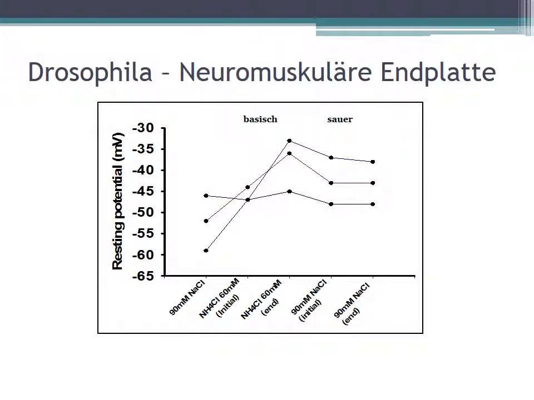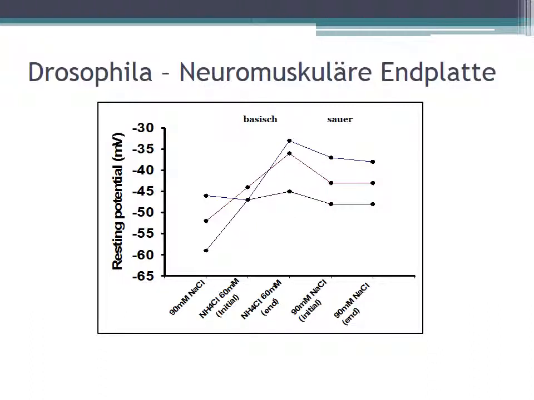Now we'll look at Drosophila as a second example, and here we also look at the resting membrane potential. On the x-axis we have the time again, showing the different steps just like we did in the crayfish, and on the y-axis the resting membrane potential. Each line stands for a preparation we did. You can see that the resting membrane potential differs a lot, which is the problem we usually have in Drosophila, but it's around -50 millivolts.